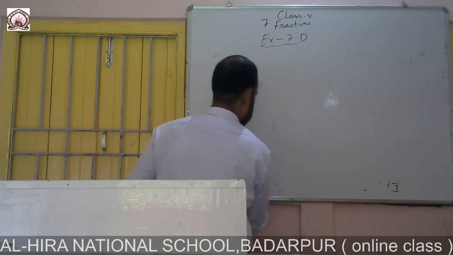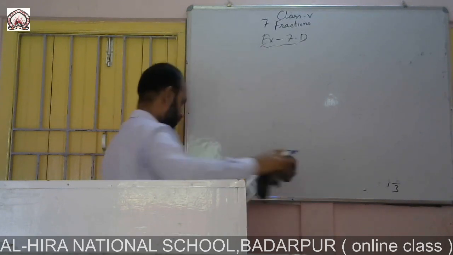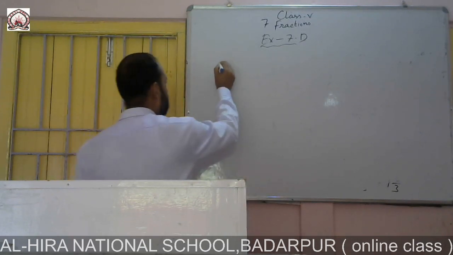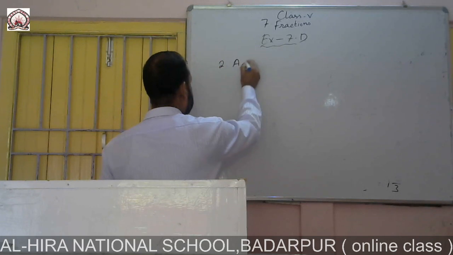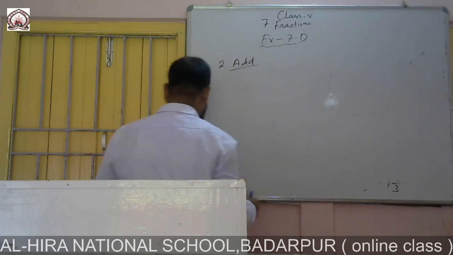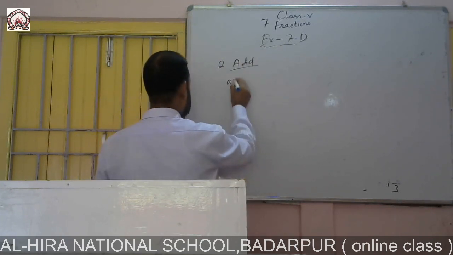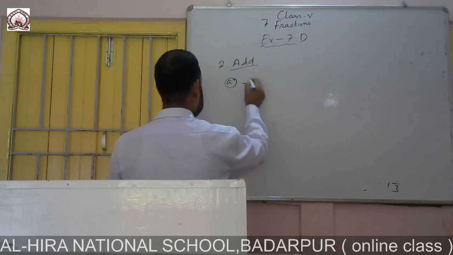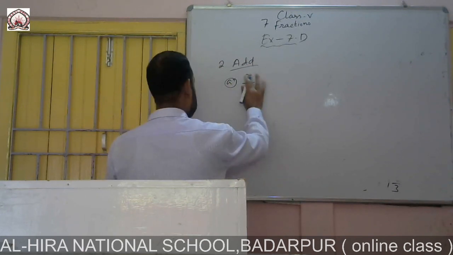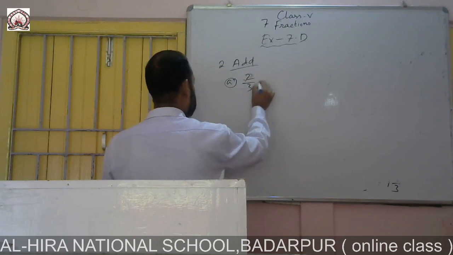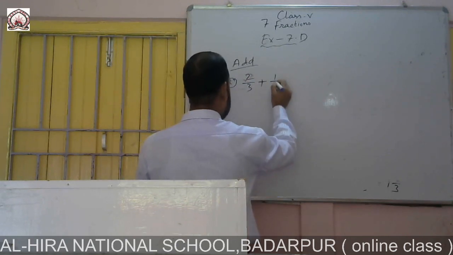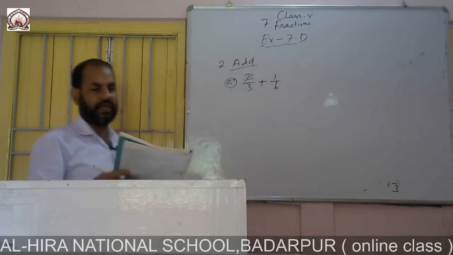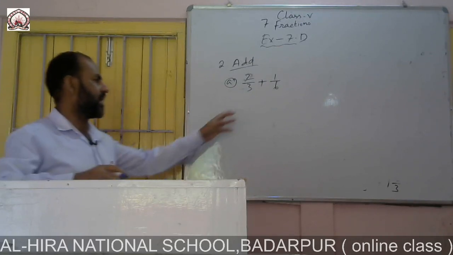Next, question number 2. Once again add. Part A: 2 by 3 plus 1 by 6. 2 by 3 plus 1 by 6. Here, see,